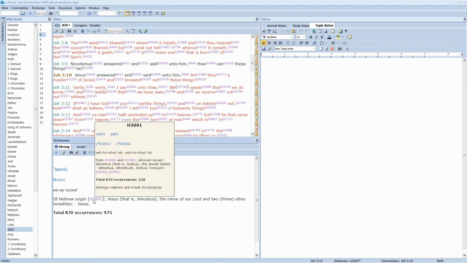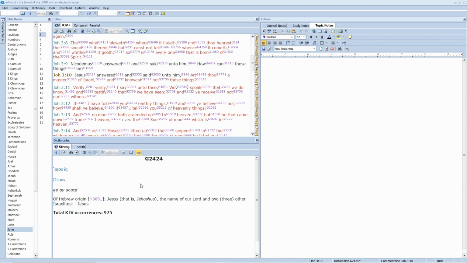It's written in Greek, it's written in Hebrew, and so this will help you understand deeper meanings of the text. And what I like to say is that English is such a simple language that the languages that they originally came from are so diverse and so complex that you have to really study it, I guess you could say, in the original. You don't have to, but it'll help you.